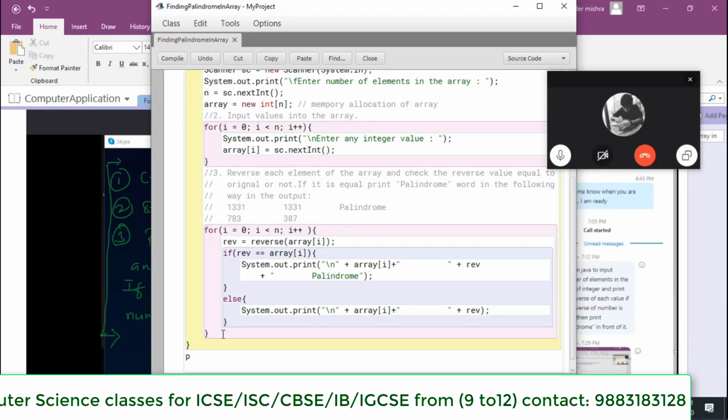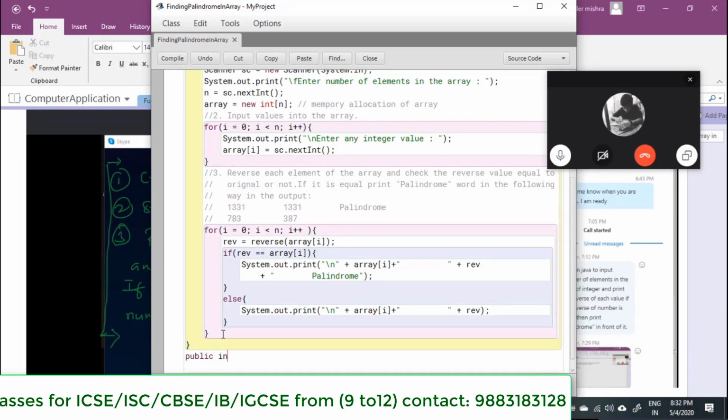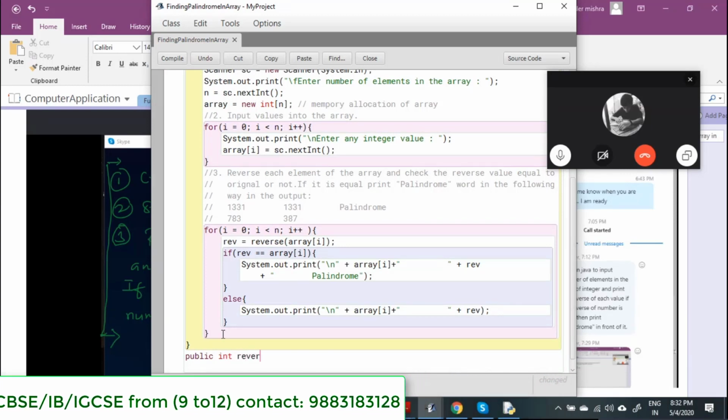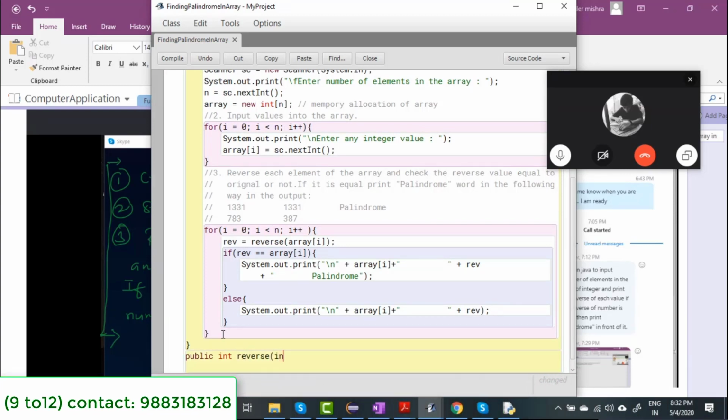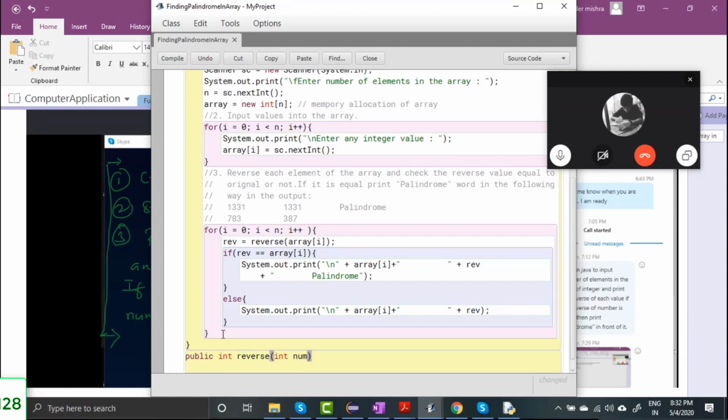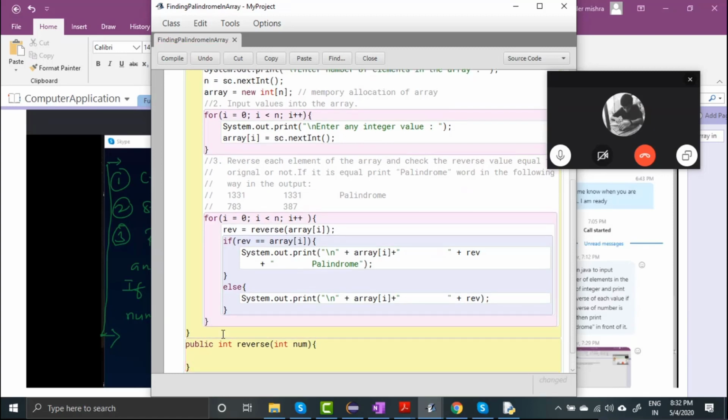So I will write here public int reverse, and I need the number. So I have written here num. In the num, I'm receiving each element of the array one by one. Then I will create a variable called r equal to 0.